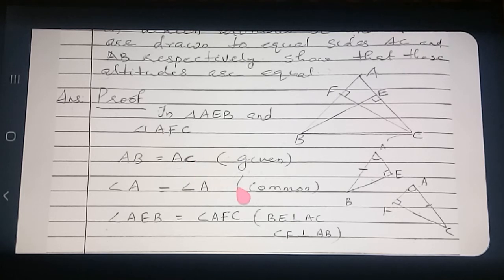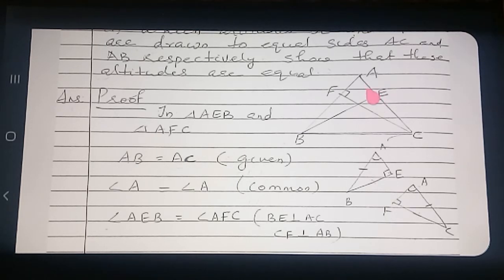Now, the next point, what is there? Angle AEB. Because what is given? An altitude is given. Altitude means what? It is perpendicular to one side. Altitude BE is perpendicular to AC. When a perpendicular comes, the angle formed at the foot of the perpendicular is 90 degrees, and then we call it a perpendicular. So the foot of this line segment forms 90 degrees, so we call it an altitude. Here it is already given that it is an altitude, which means this angle will be 90 degrees.